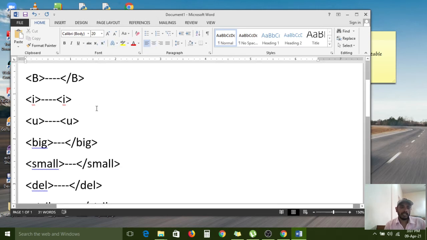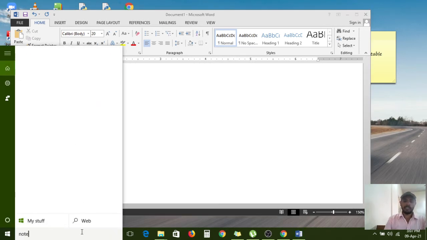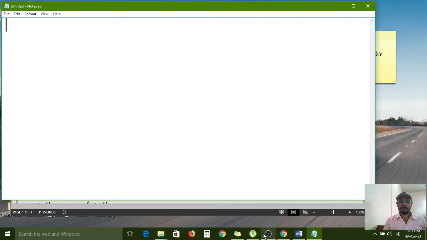So like that, by using HTML, you can apply bold text, italic text, underline text, all those things, and we can see them one by one. For that I am opening notepad. Doc type, HTML.